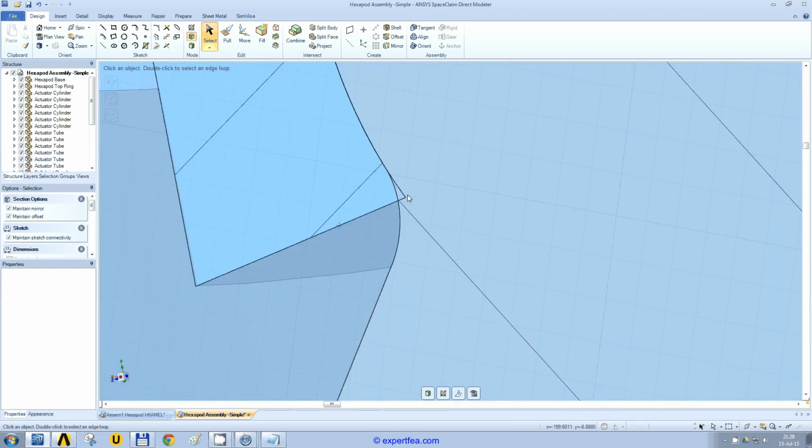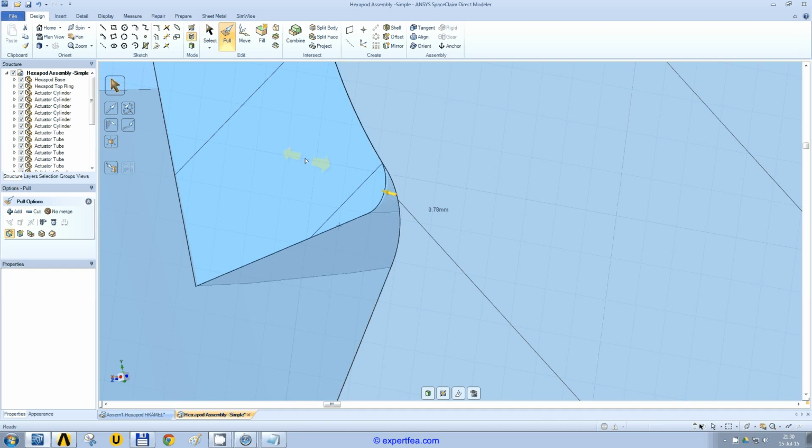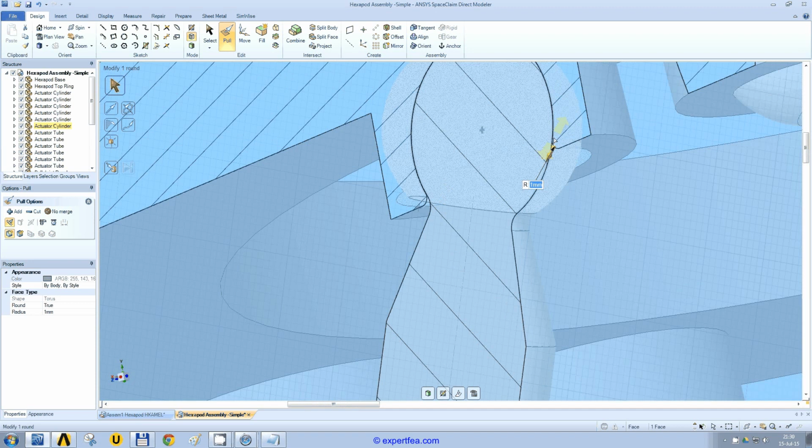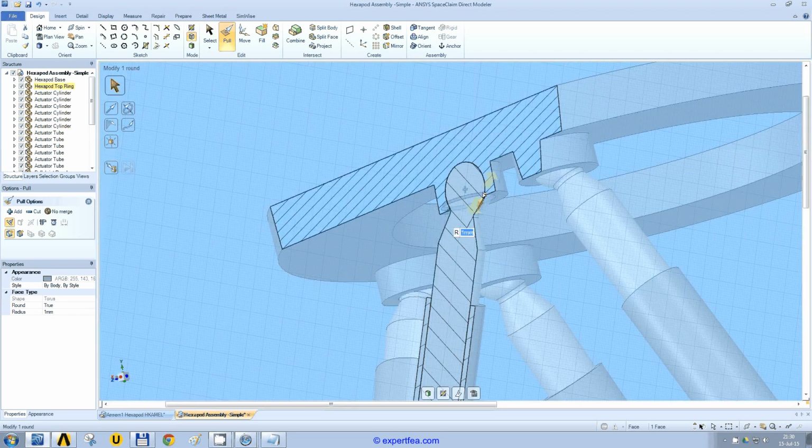Let's here just create some radiuses. We go to the pull button while we are in the section mode, yes? We go to the pull button, we click this vertex and just push to create a round. Let's enter with the hand 1 millimeter, and this is all. So the radius was done. And